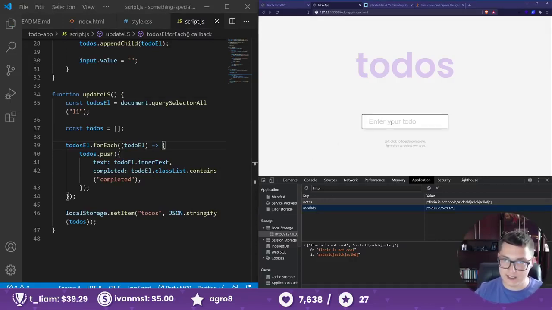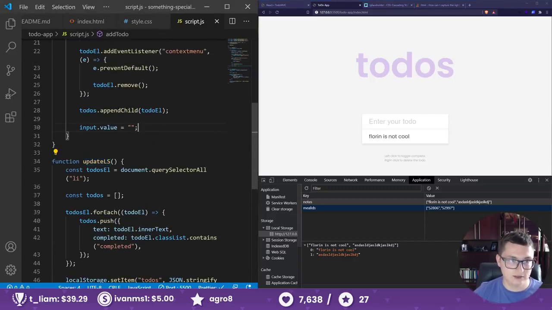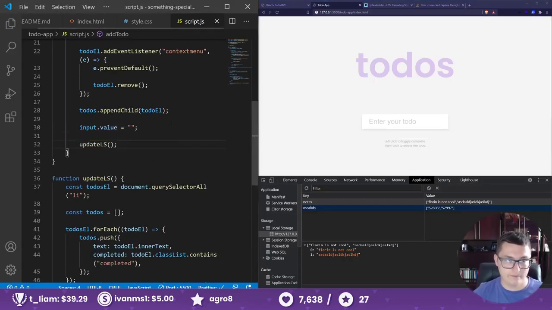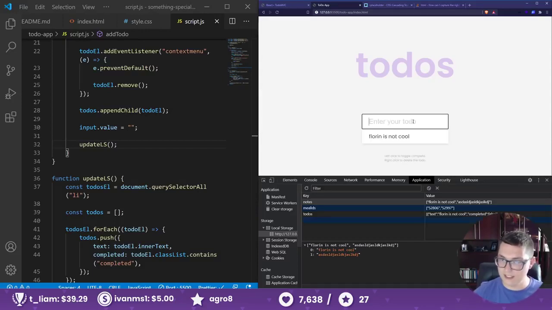Okay, so when I say here Fluorine is not cool, enter. Nothing happened. Oh, because we haven't updated. Duh. Fluorine is not cool. I forgot an S. All right, look at that. To-dos, text Fluorine is not cool, completed false. If I toggle this,